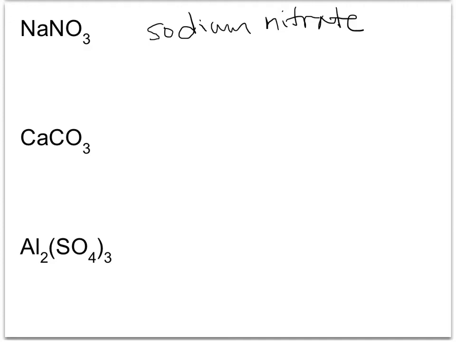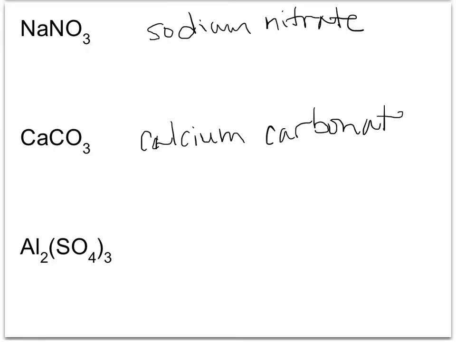The second one, Ca, calcium. That is a cation. The second thing, CO3, is carbonate, calcium carbonate. The last example in this slide, Al2(SO4)3. You simply name it just as before. Al is aluminum, and then the polyatomic ion is